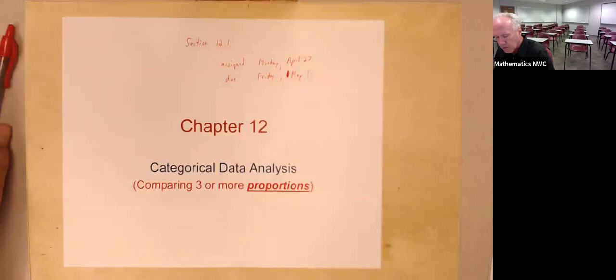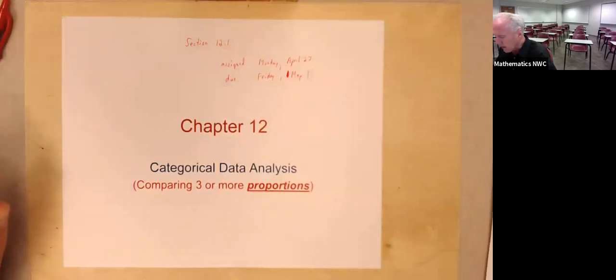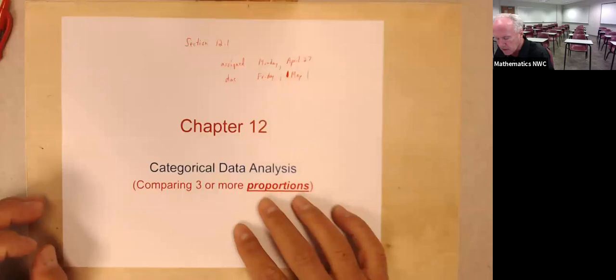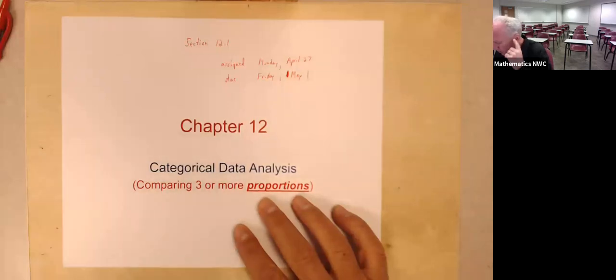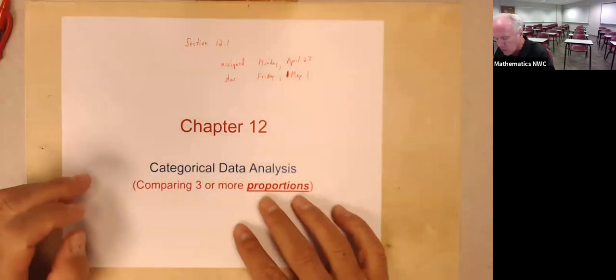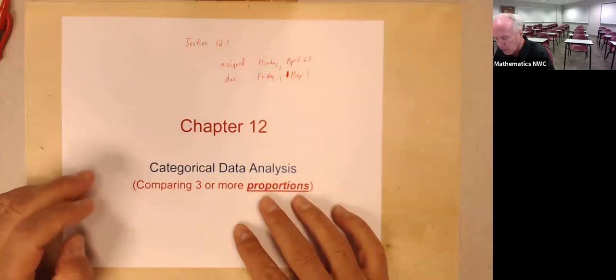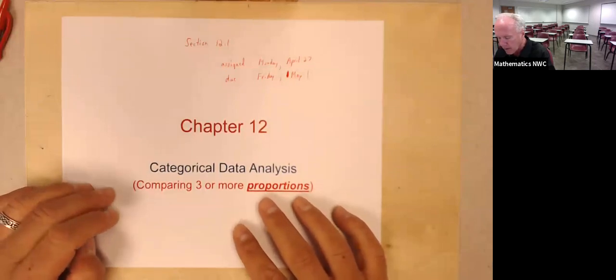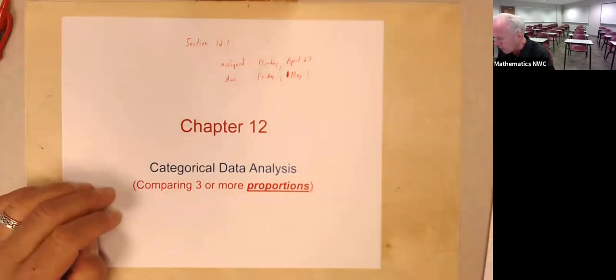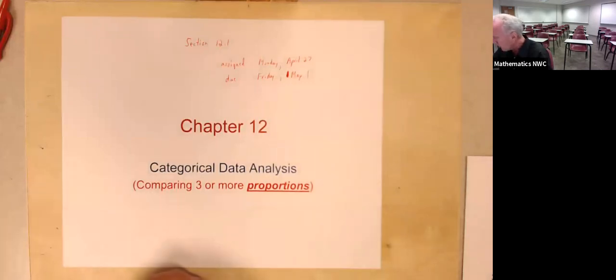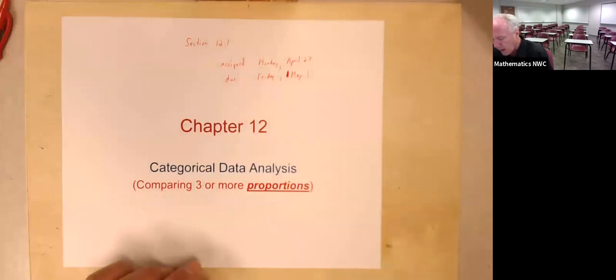Chapter 12 is comparing multiple proportions. Section 12.1 will be a single comparison, crossed. Section 12.2 will be a two-way table. It's important to keep those straight. I'll try to emphasize that even more when we get to section 2 because it'll hopefully make a little more sense at that point. But one of the main things to catch right now is that we have in the